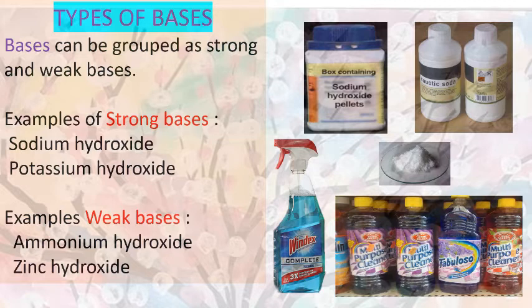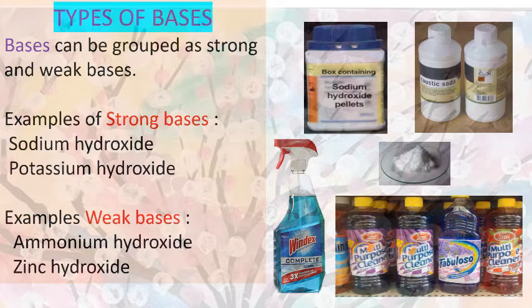Types of bases. Bases can be classified in two categories based on their strength: strong bases and weak bases. Strong bases. These bases are very corrosive, just like strong acids. They can damage tissue and burn the skin. They should be handled with care by using safety gloves. Examples of strong bases are sodium hydroxide, which is also known as caustic soda, and potassium hydroxide, which is known